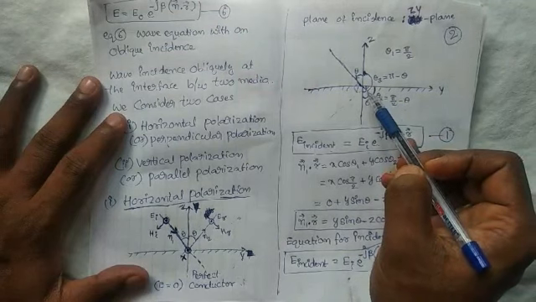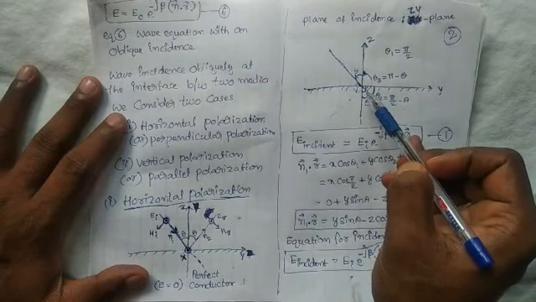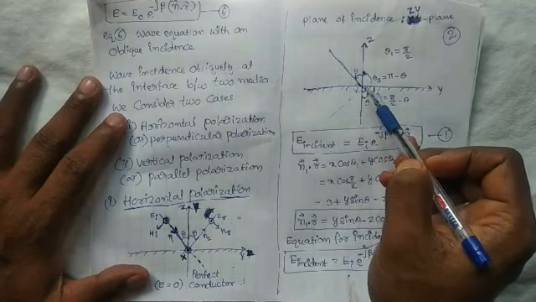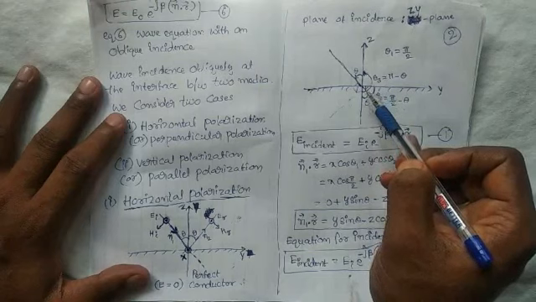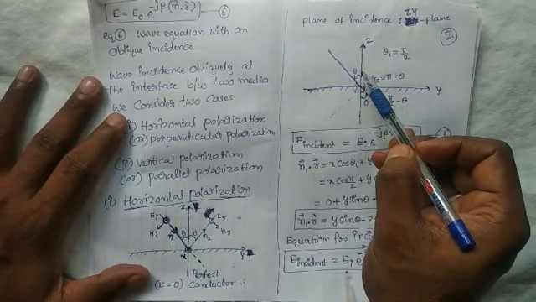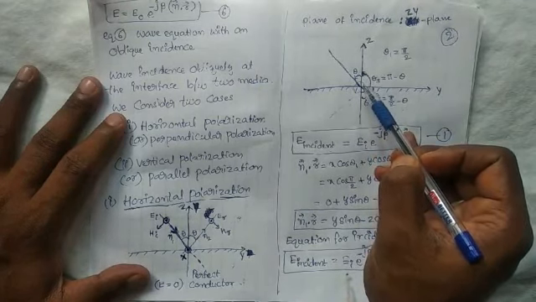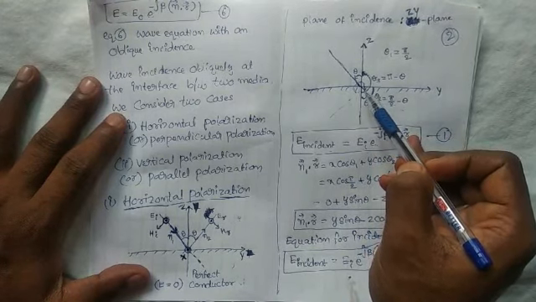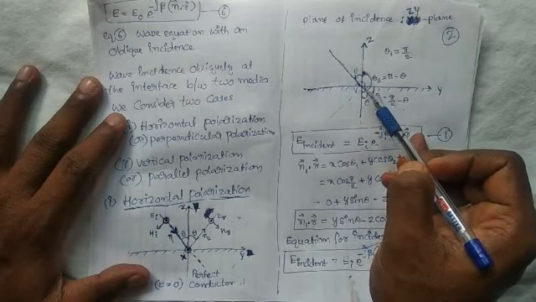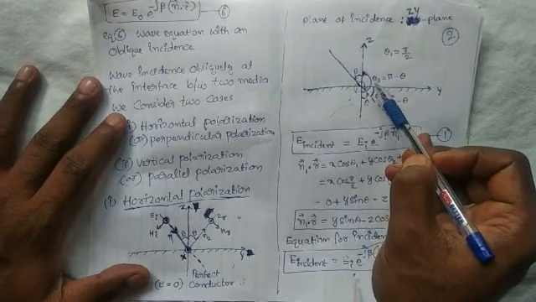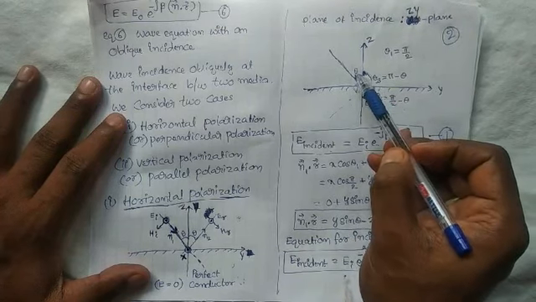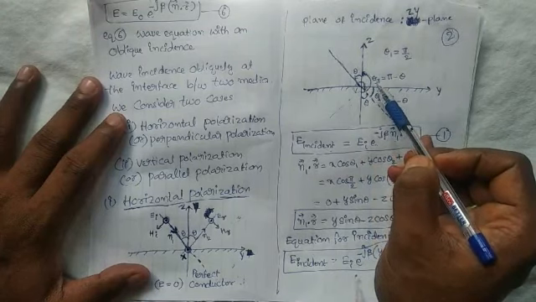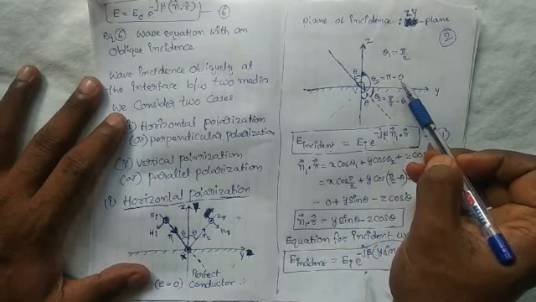Similarly, we determine theta 3, the angle between the incident wave and the z-axis. This angle is 180 degrees, and to obtain theta 3 we subtract theta from it. So theta 3 is equal to pi minus theta.